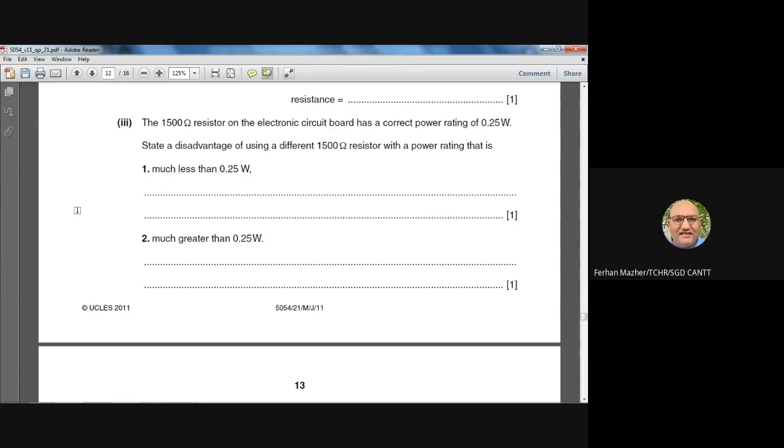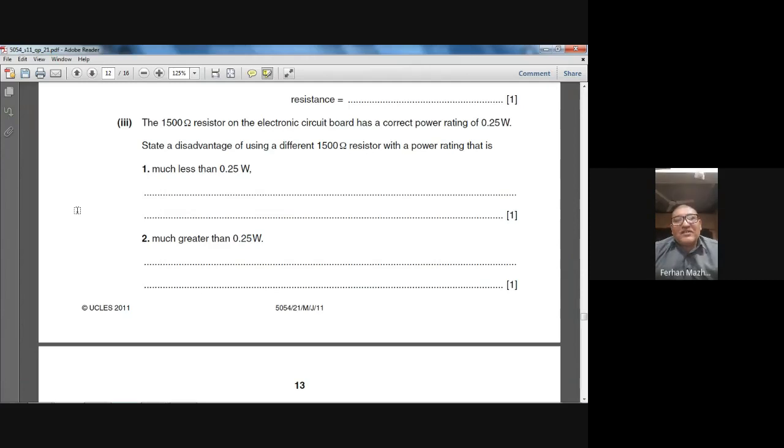If you put a resistor there whose power rating is less than 0.25 watt, that resistor will blow or become very hot. And the second question is about a power rating much greater than 0.25 watt. If you put a resistor there whose power rating is more than 0.25 watt, it's a very